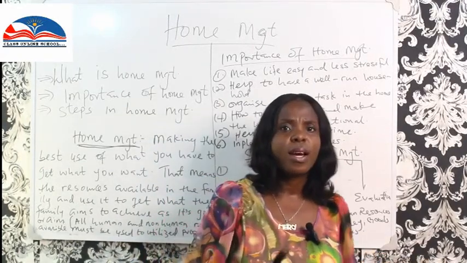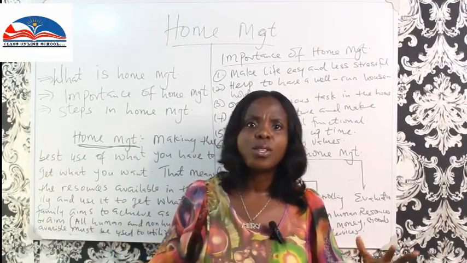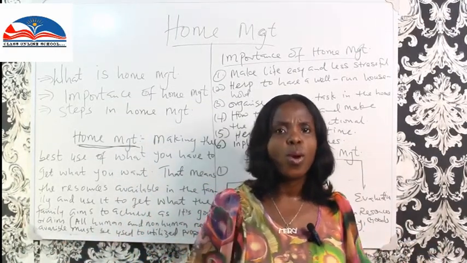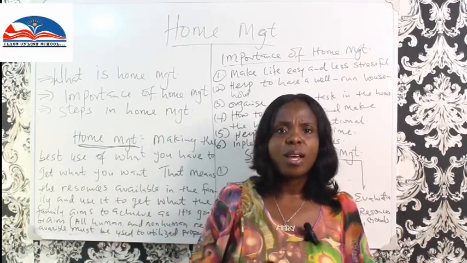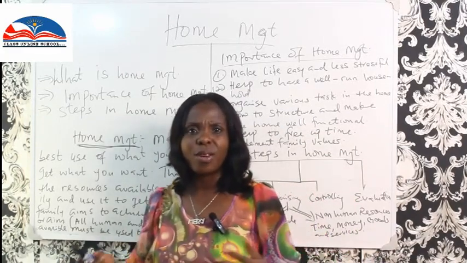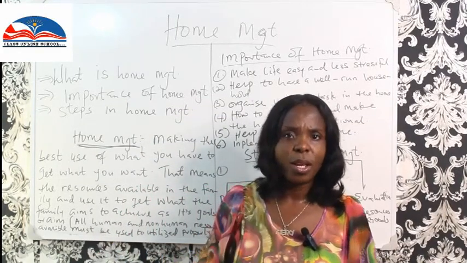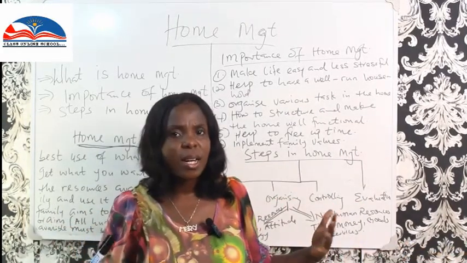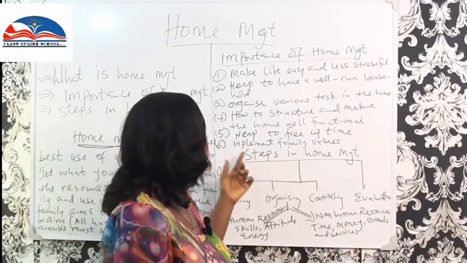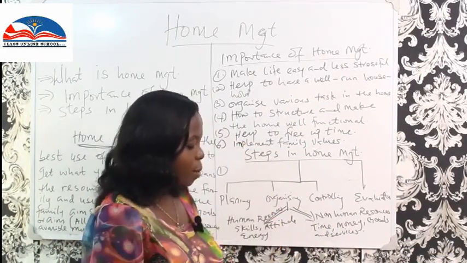Imagine when things are carried out as in the checklist, you see that those idle times, or those times you waste doing things that are not well managed and processed, will be free. Those are times when you sit, think, and do other things that are irrelevant and unnecessary, that will not help you achieve the goal and objective of the day. You will not do it. And so the to-do list will help you to know what to do in managing your home. Implement family values.